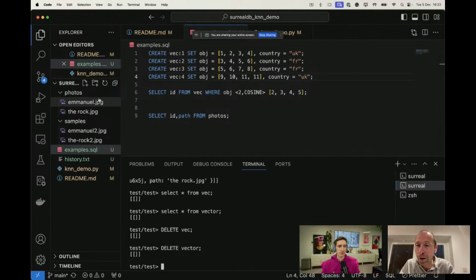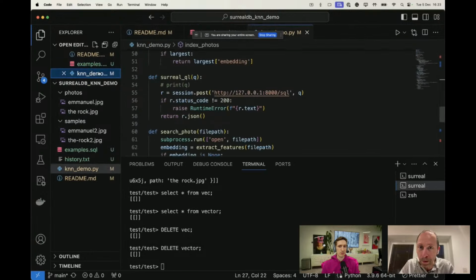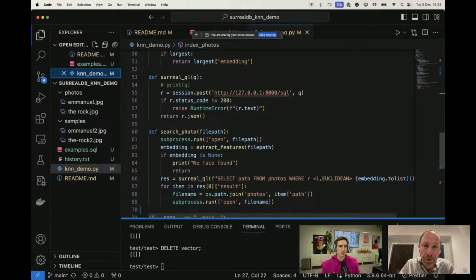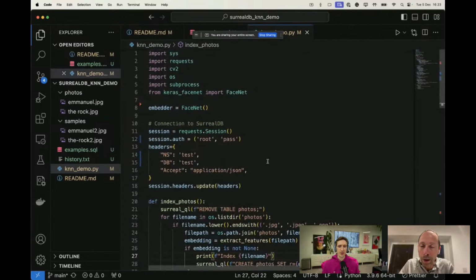So I will show you just a quick example of how to use face recognition with Python and SingleStoreDB. Here's a simple script. Let me show you the script, which is here. By the way, it is something that you will be able to do also with the ML part of SingleStoreDB soon. But at this moment, I show you a way to do that in Python.